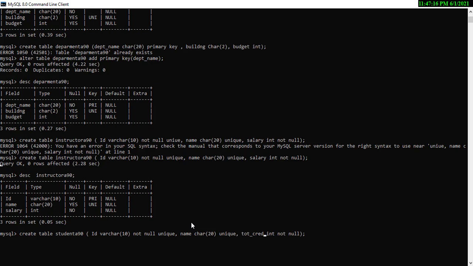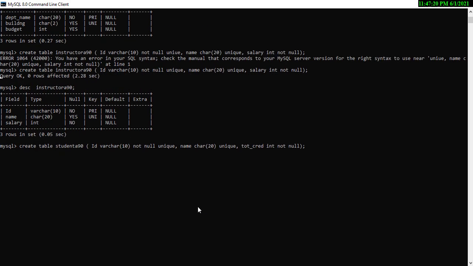Now I am not going to use two constraints here. What I am going to do here is use primary key, and for name along with unique I am calling it not null.